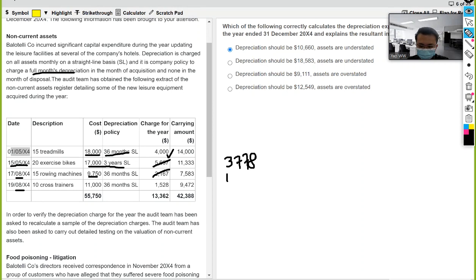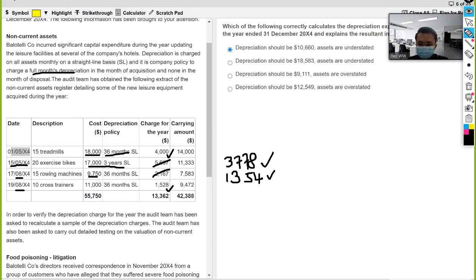Should be 1,354. And lastly, 11,000 for 5 months out of 36 months. Yeah, 1,528 is correct. So total depreciation is 4,000 plus 3,778 plus 1,354 plus 1,528